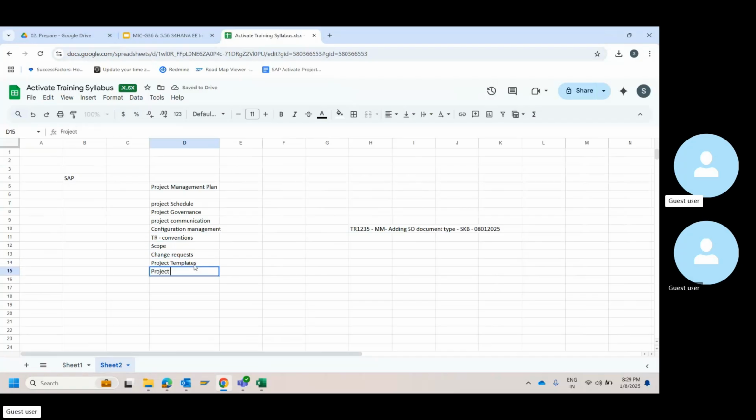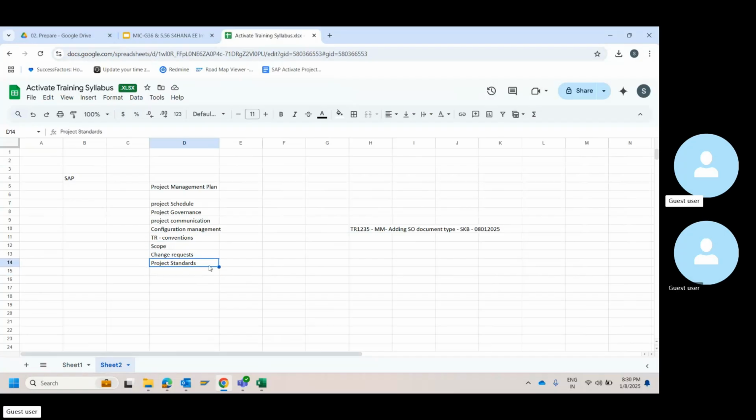Then again, we might have project standards also. I would say both are the same. Project templates would be a section. Project standards, basically for any communication, this is how we should operate. Any document should contain version management. It should contain the name of the author. It should segregate whether it's internal or external. So there is a specific template that you will follow, right? And how is your project folder structure?